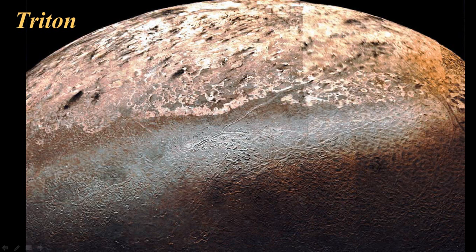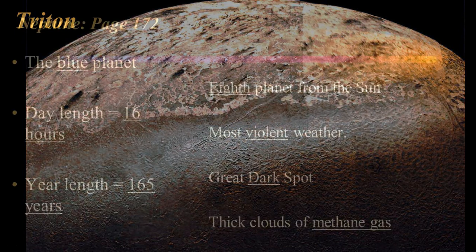Here's some composite photos of that moon, Triton. You can see it looks like it's got lots of craters in it and maybe some traces here. Some people wonder if maybe that's ice, with cracks in it and things like this. It could be frozen something that's not necessarily frozen water, because it's way out there. So I would imagine it's pretty cold.